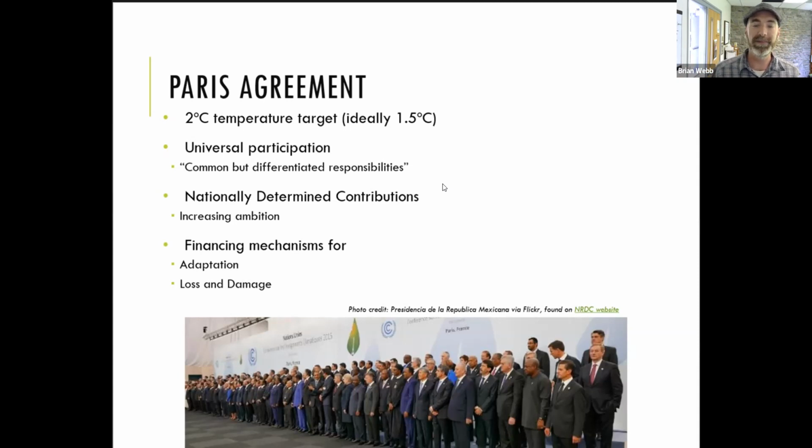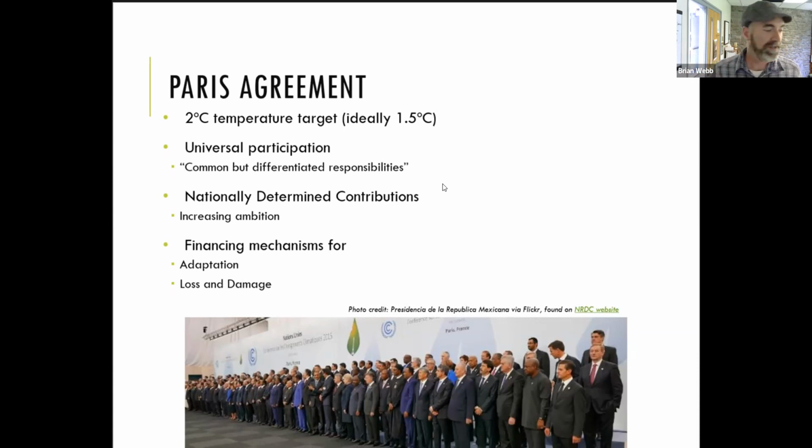their commitment. The idea being the first commitments that were brought in Paris were not going to be effective at limiting global warming to 2 degrees. I think it's something like 3.4 degrees that it would have limited them to. So the idea being every 5 years, let's bring back new, more ambitious commitments. So right now we're on track for about a 2.7 degree target. Still too much. But the idea being that if we regularly revisit this and get more ambitious targets, then eventually